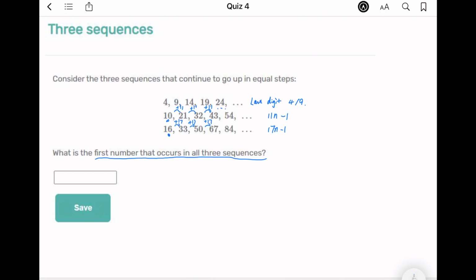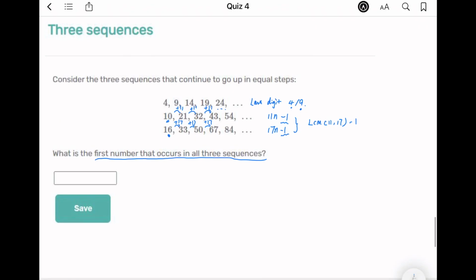Since the second sequence is 11n minus 1 and the third sequence is 17n minus 1, we can easily find numbers that are common to both sequences. Then, we just need to check whether the number ends with 4 or 9. The first common number that appears in both the second and third sequences is the least common multiple of 11 and 17, minus 1. Since 11 and 17 have no common factors, the LCM of 11 and 17 is 11